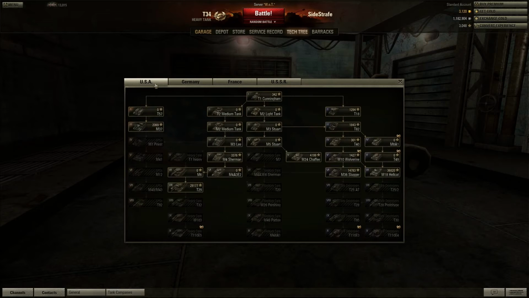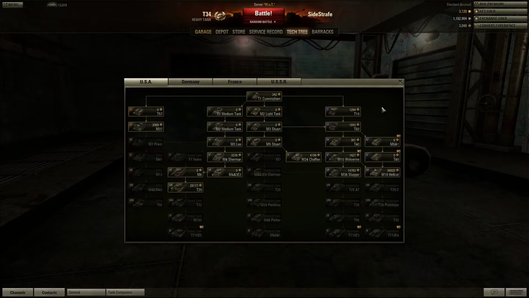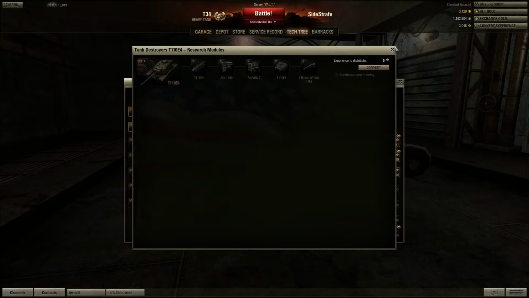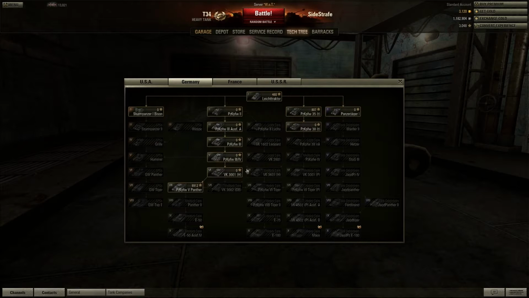But they obviously added tier 10 mediums. As you can see here for the Americans, the M48A1 is their tank of choice. And then they've got some tier 10 tank destroyers, which should be interesting. I don't know too much about these because they were mostly prototypes. Germany, well, most of the German tanks are actually prototypes since the war pretty much ended before they could get a lot of these things out. E50 Aus M, and they've got a Jagdpanzer here, E100, and the Jagdpanther 2 was also added, kind of an